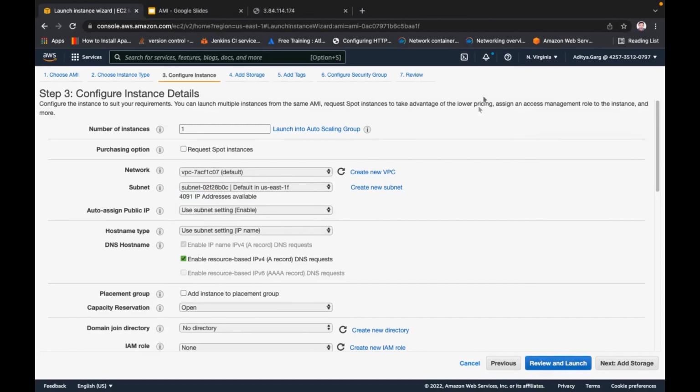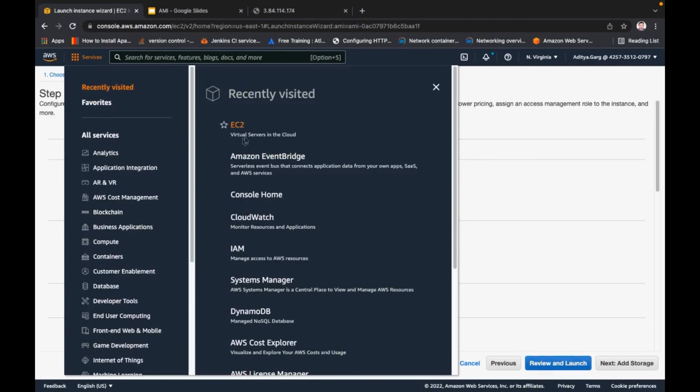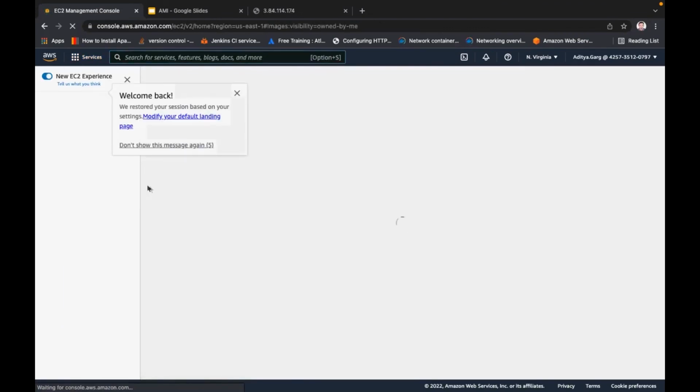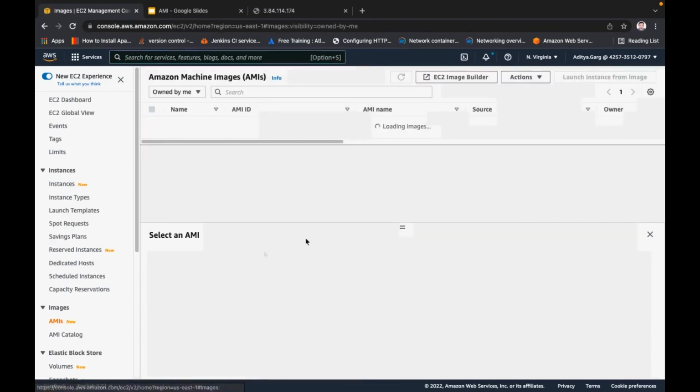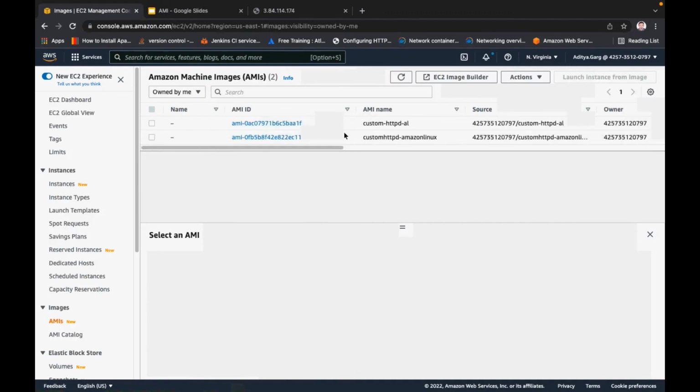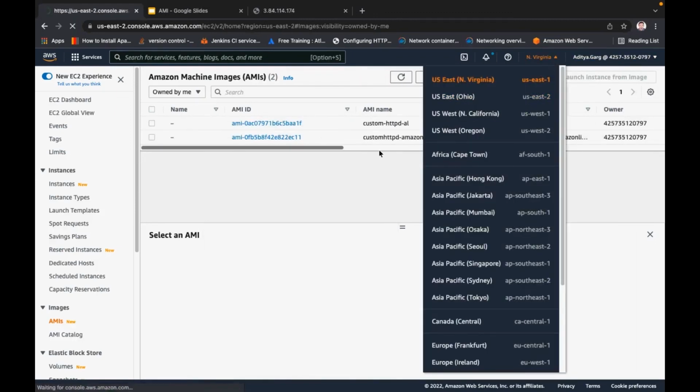By default, as I mentioned, an AMI is region specific. Now I would show you something. If we go to EC2 and go to the AMIs, we do see these 2 AMIs, but let's try to change the region.